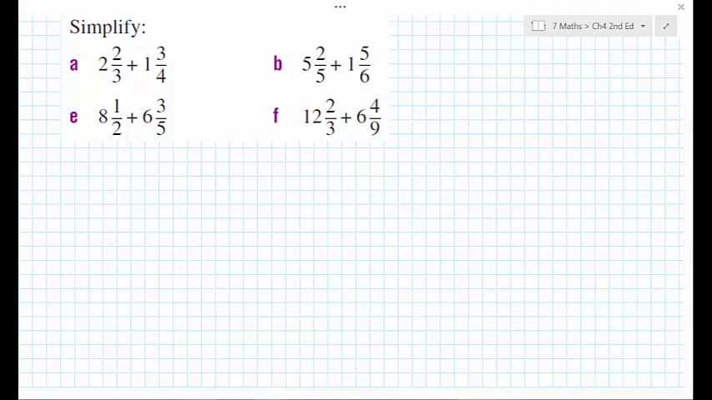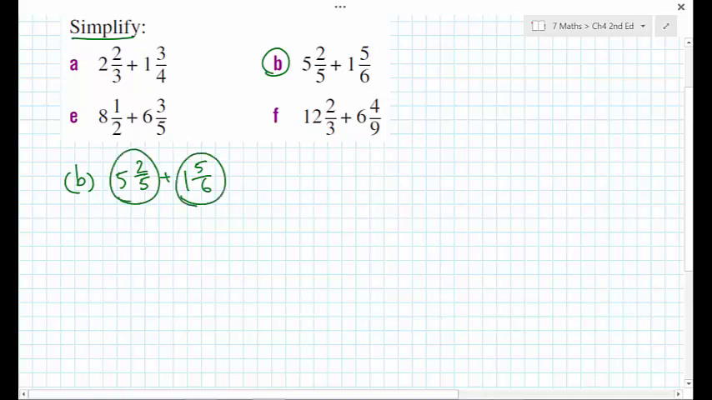Okay, so this question here wants me to simplify the following. If I look at B, I have 5 and 2/5 plus 1 and 5/6. Now whenever I do anything in maths and I have mixed fractions like I do here, so these are mixed fractions,